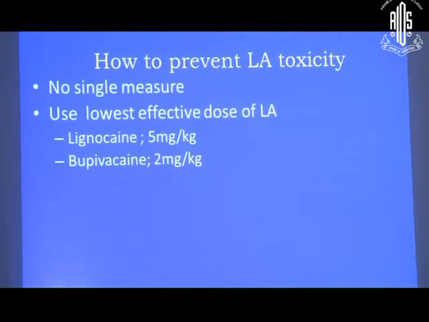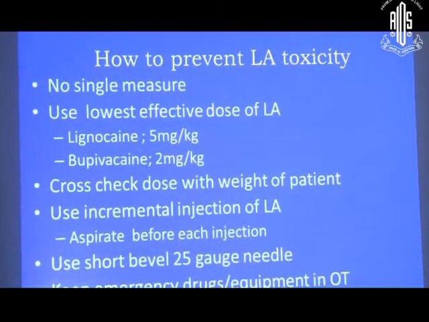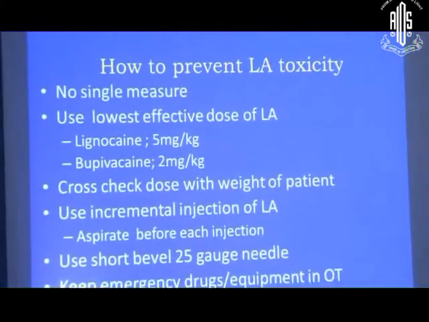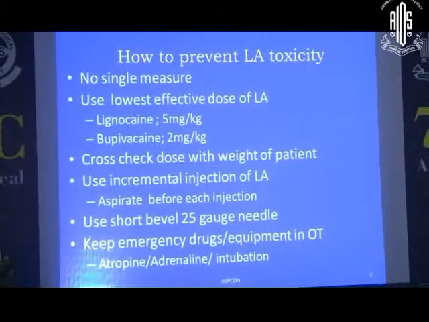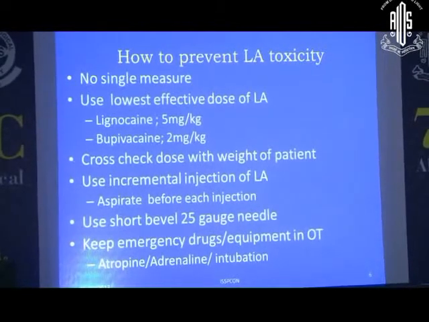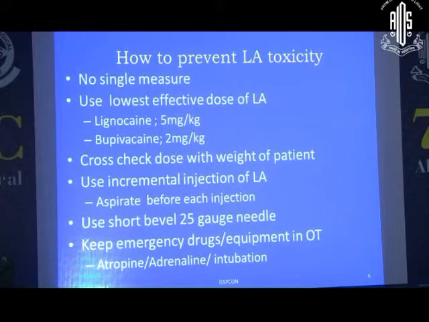So whenever you're drawing up the drug, calculate the dose and always cross check with the weight of the patient, because sometimes you're used to doing a predetermined volume, but if your patient is very, very thin, and most of the old patients would be like 35 kgs. So calculate the dose. Suppose you're giving bupivacaine, and it's a 30 kg patient, so 30 into 2, it becomes 60 milligram. And each ml has 5 milligram. So 60 divided by 5, it becomes 12 ml. So when you're drawing up the bupivacaine, just be careful that you're not exceeding that 12 ml.